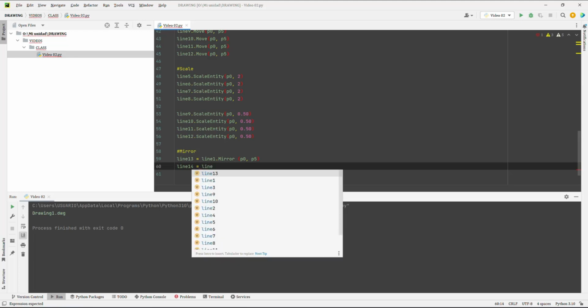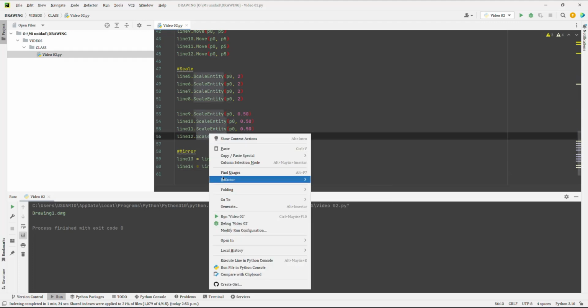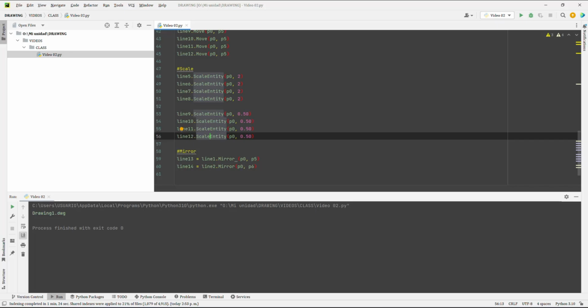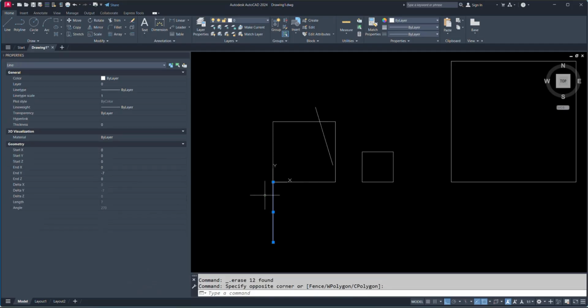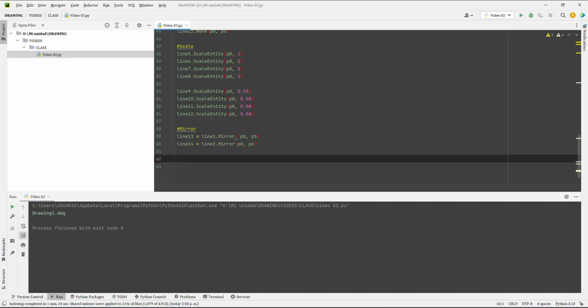For line13, we create a straight symmetry axis that will give us a straight line. But for line14, by choosing an inclined symmetry axis, we'll get an inclined line as a result. It's important to understand which symmetry axis we want to use when automating our drawings, since this will substantially affect the outcome of the drawing.